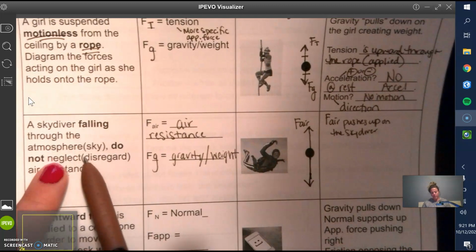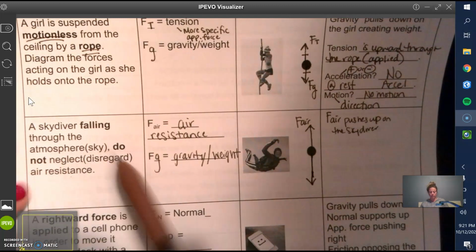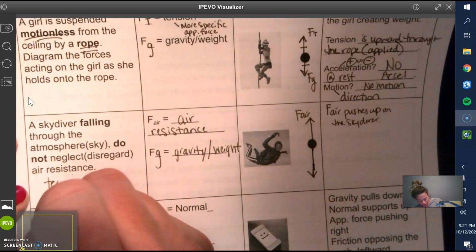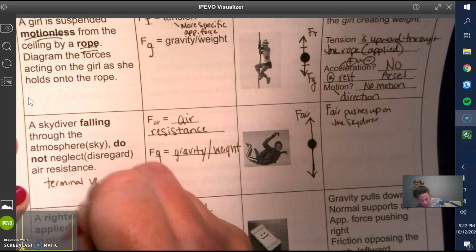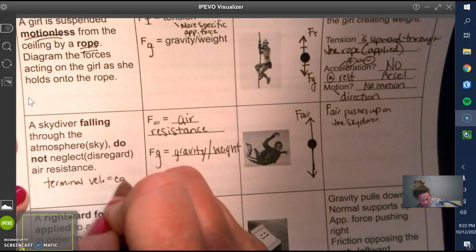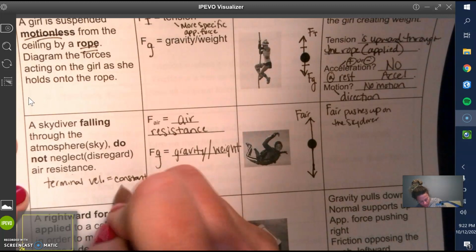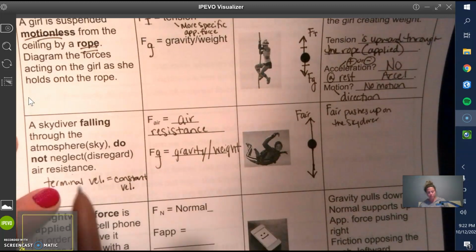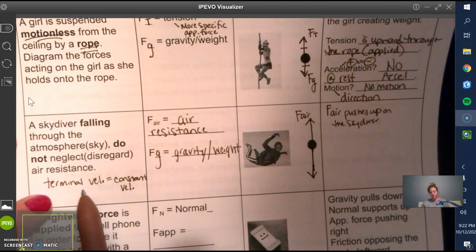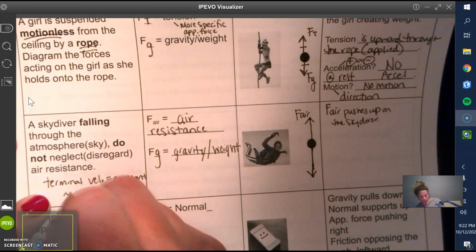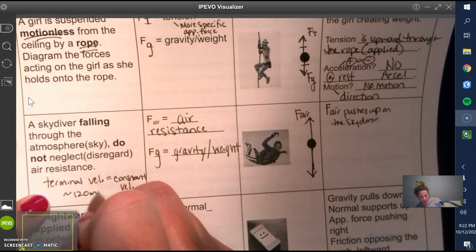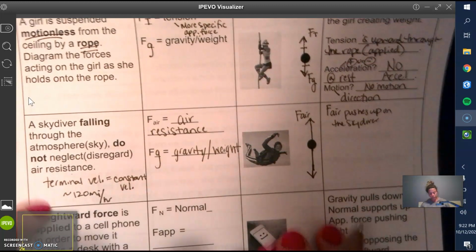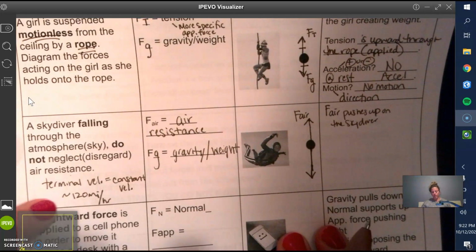It doesn't tell us if they've hit terminal velocity. Terminal velocity means constant velocity. It means the fastest an object can move in the sky, and you'll reach terminal velocity skydiving at about 120 miles per hour. All right, let's pretend that we have not hit